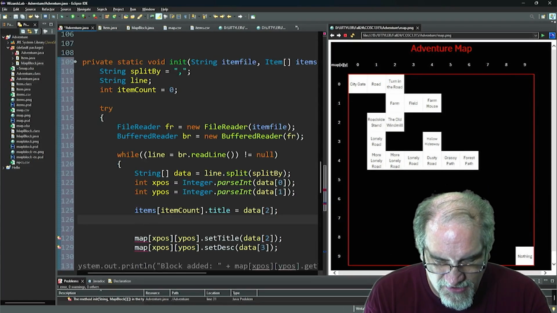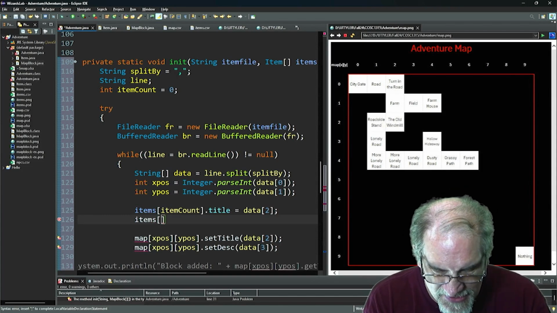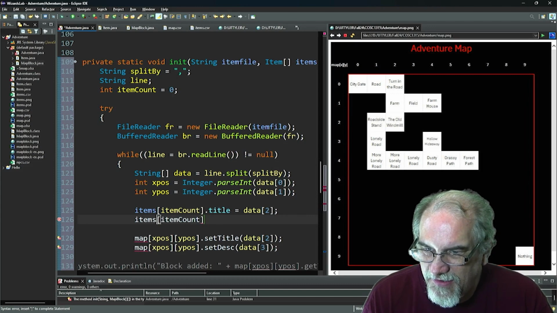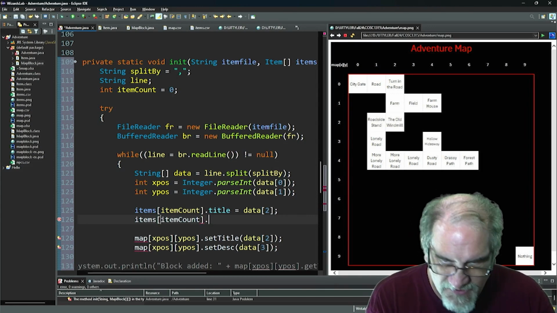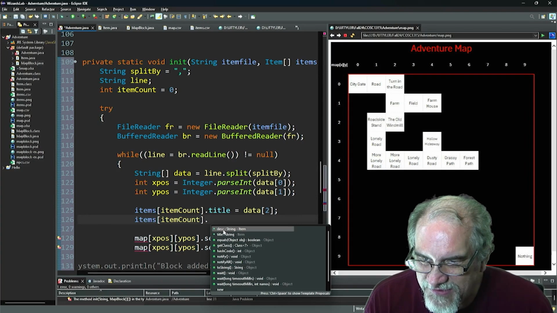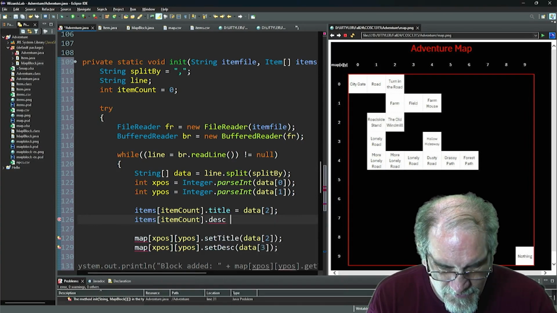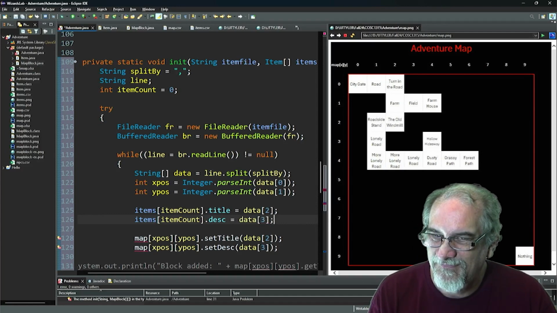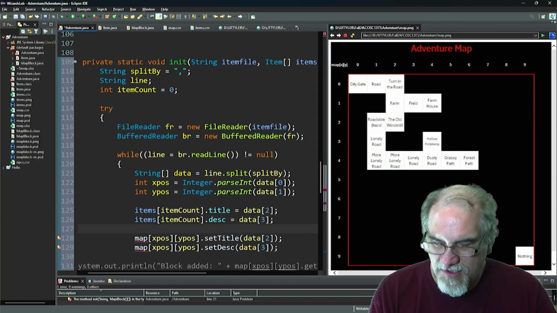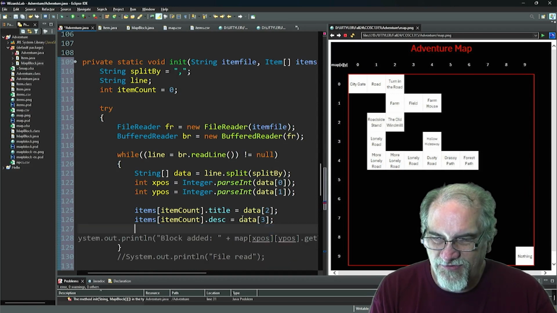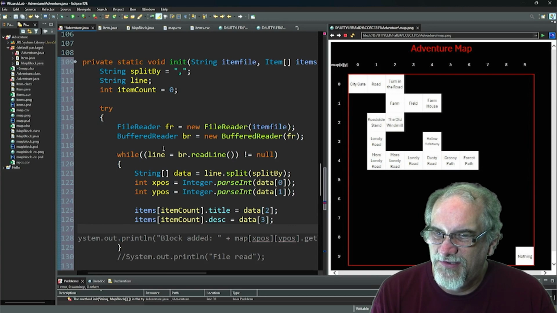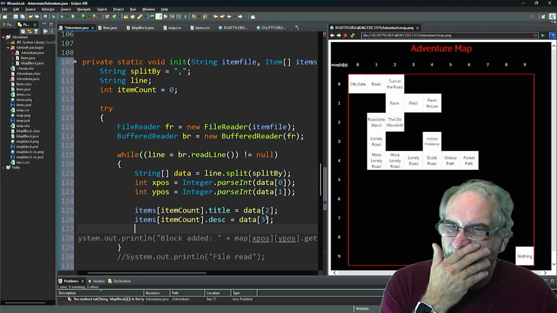So, items, sub item count. So the same guy here, got his description equals what? That third piece of data. That's the equivalent of what we did there. We do that until we're all done,